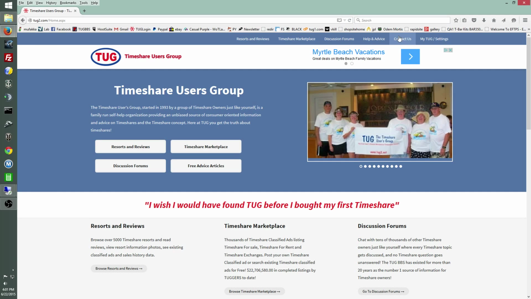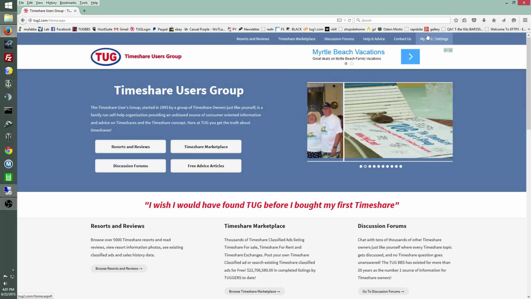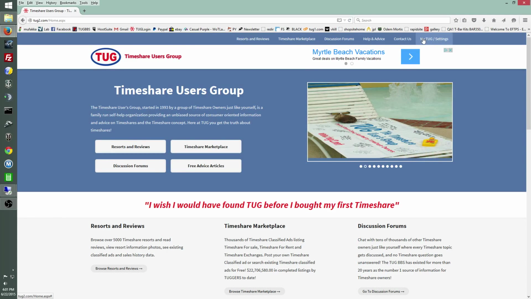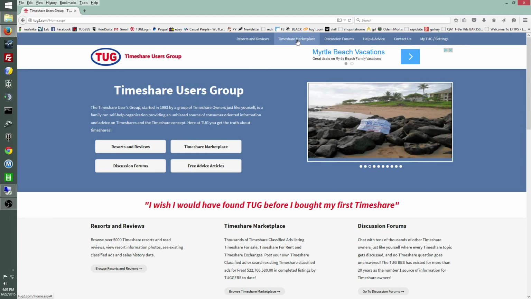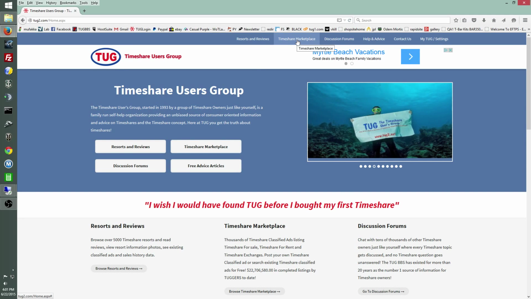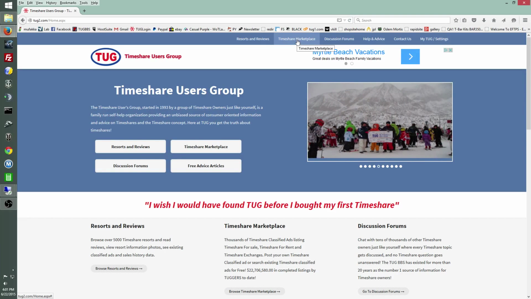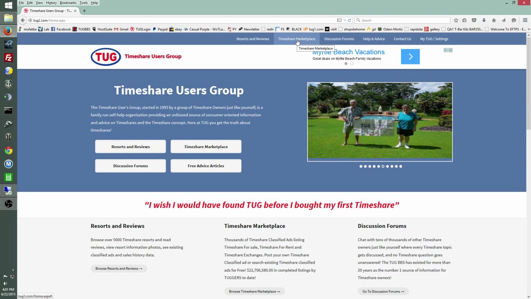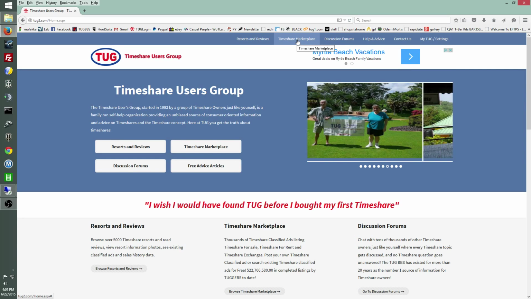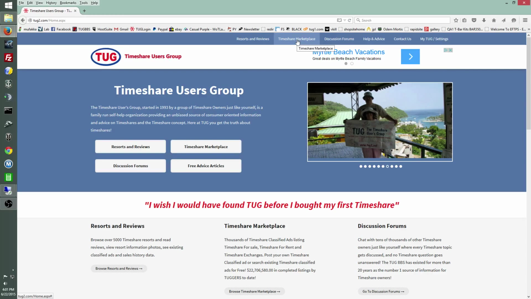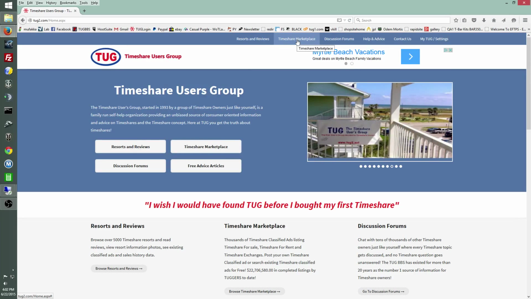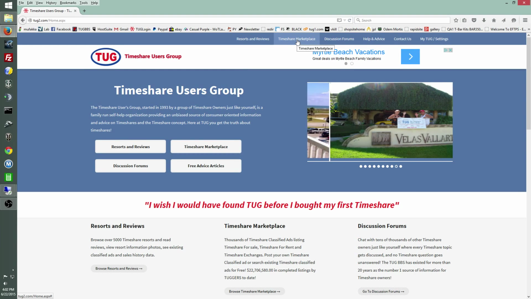Once you do that and you're successfully logged in, you'll see that the login box is now gone, and you have your My TUG section here in the top right-hand corner. But for this, since we're going to be posting an ad, all our ads are posted in the Timeshare Marketplace, which for those of you that don't know has eclipsed the $22 million in completed resales and rentals listings this year. So it's been a fantastic resource for all timeshare owners,